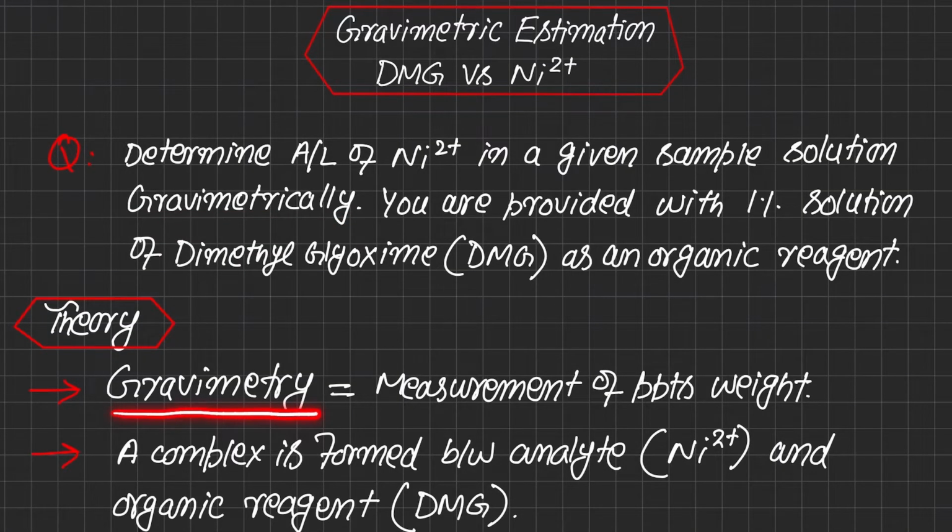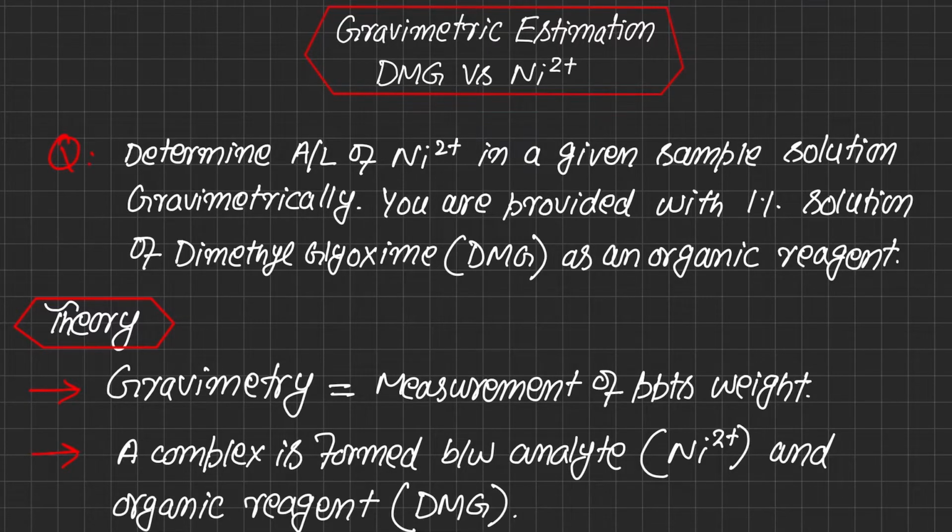The word gravimetry means gravi, which means weight, whereas metry means to measure. So gravimetry means measurement of precipitates. So how are these precipitates formed? We will make a complex between DMG or dimethyl glyoxime and nickel, and in this complex the precipitates are actually formed, and when we measure the weight of these precipitates,